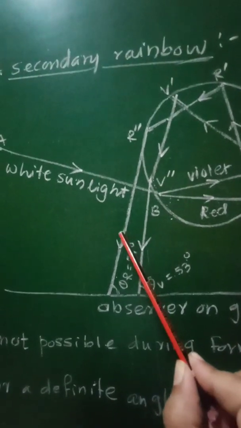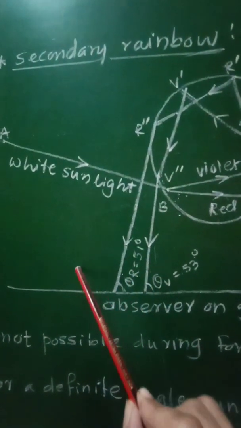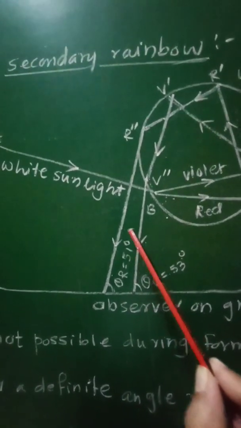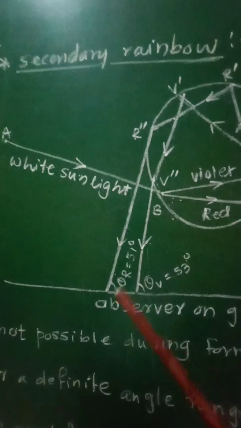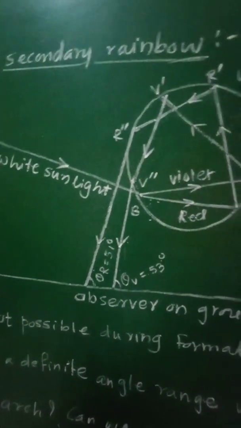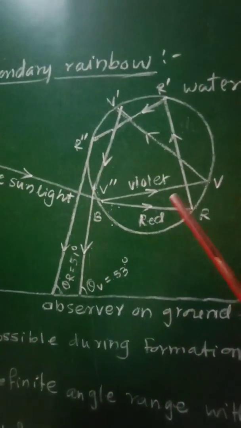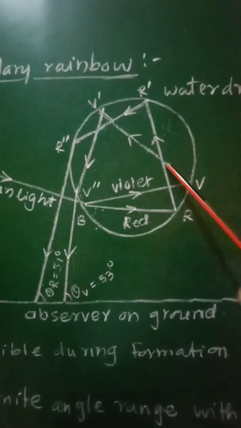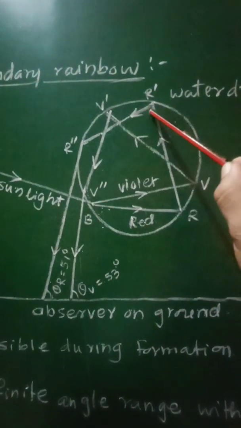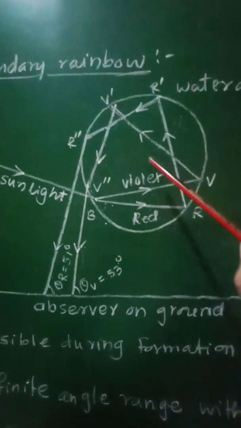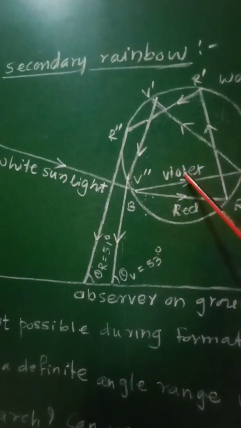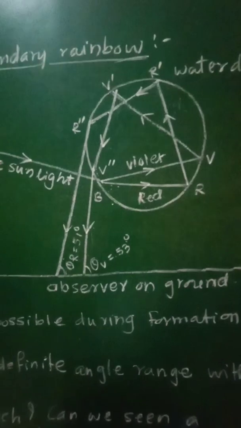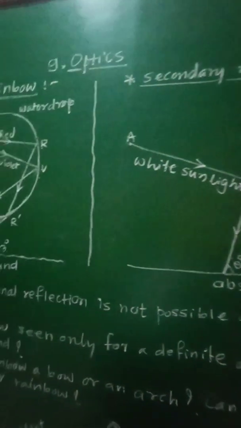Now if you compare the primary and secondary rainbows, then in case of secondary rainbow, the red color, that is the red arc, will be the inner arc, and the violet color will give rise to the violet arc, which is the outer arc. So there will be an interchange of the red and violet arcs in case of secondary rainbow, since there will be internal reflections two times. So twice internal reflection takes place in case of formation of secondary rainbow, and hence there will be an interchange of the inner and outer arcs as compared with the primary rainbow.